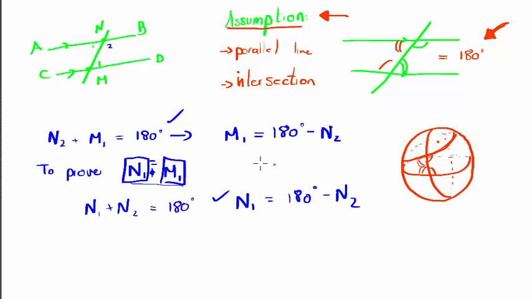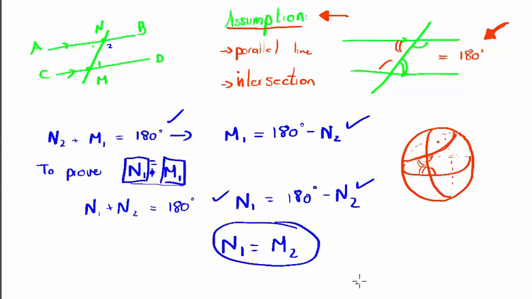Now look, I use the same formula to get both answers. Doesn't that mean that N1 is equal to N2? If these two things are true, if this is true and this is true, can you see why this is true? Can you see that, Luisa? Do you understand what I'm doing here?